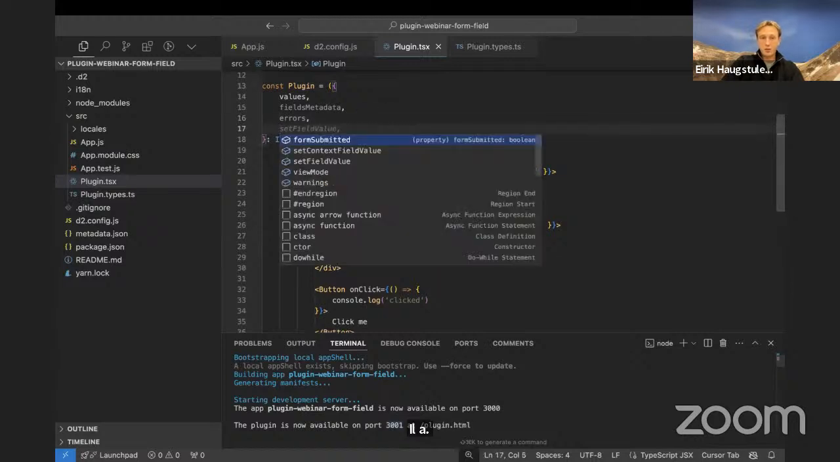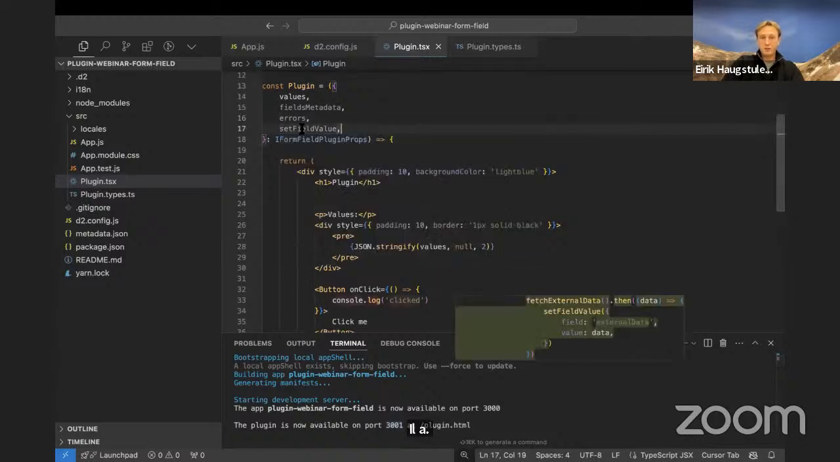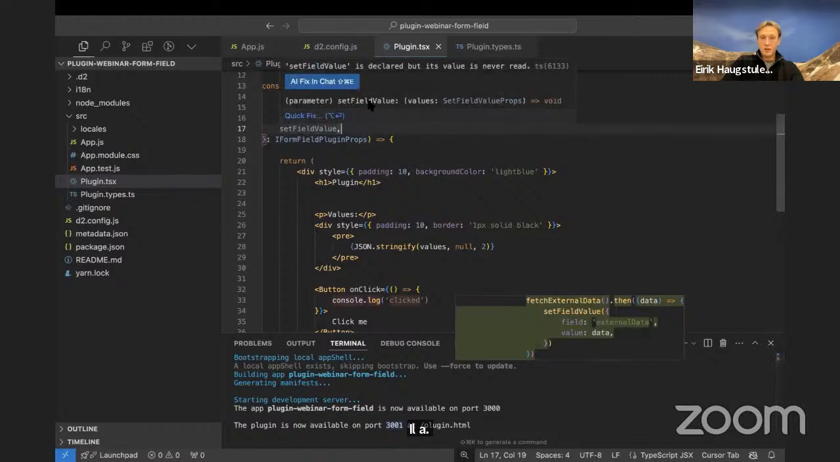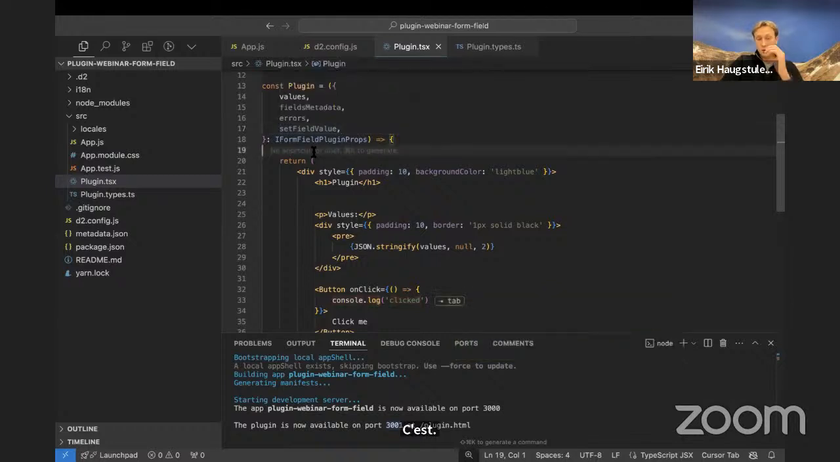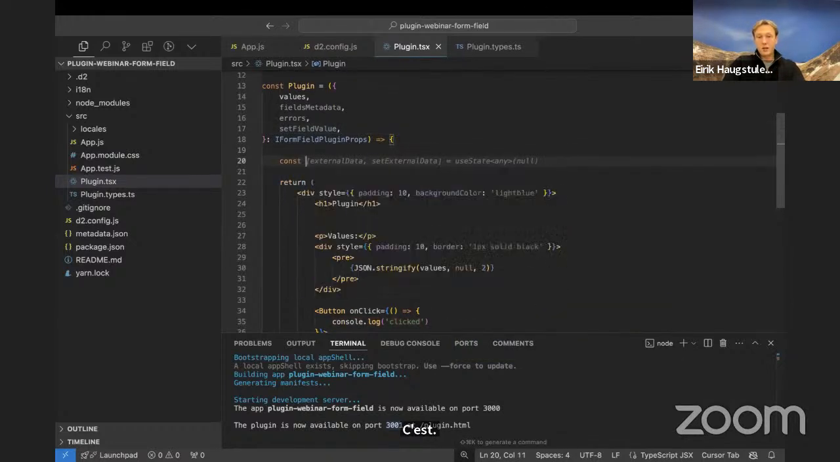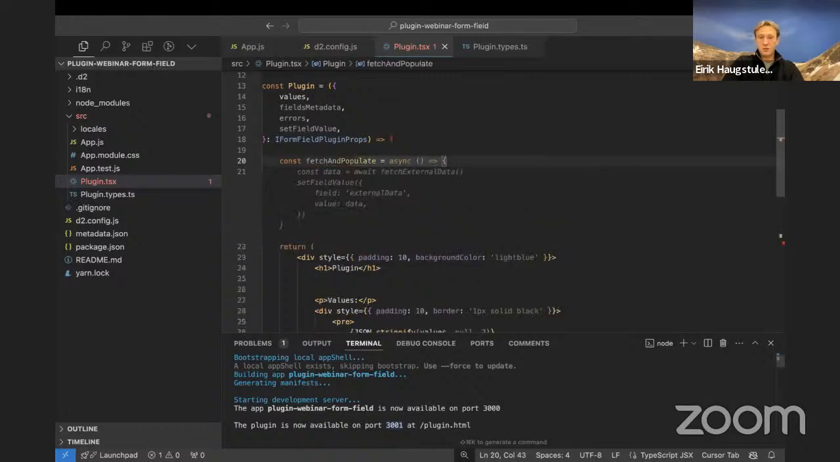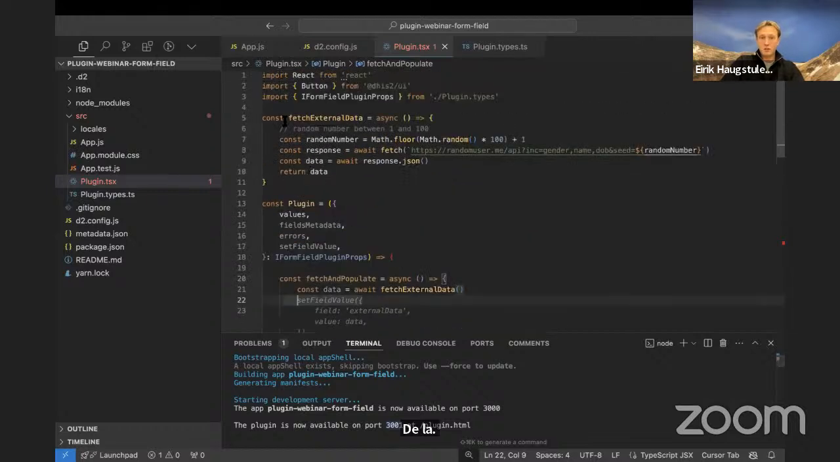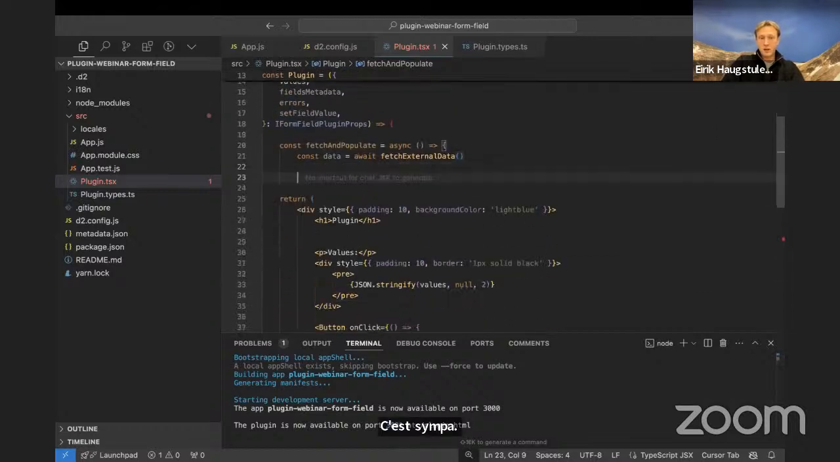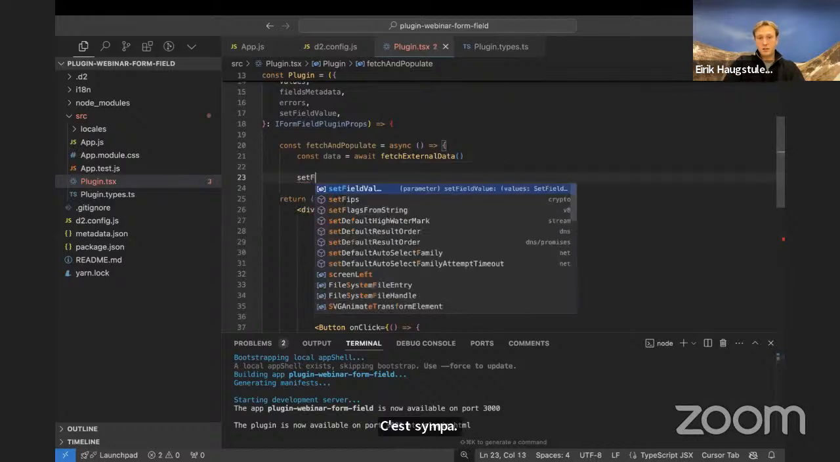And before we do that, we want to get the set field value callback. And if I hover over it, you can see that it's a callback. It takes in set field value props, which you can dig into. I'll show you how it works. But for now, let's create just a new function that is fetch and populate. For example, it's an async function. It will call the fetch external data function that we just created up here. And then from here, we'll just do the set field value,